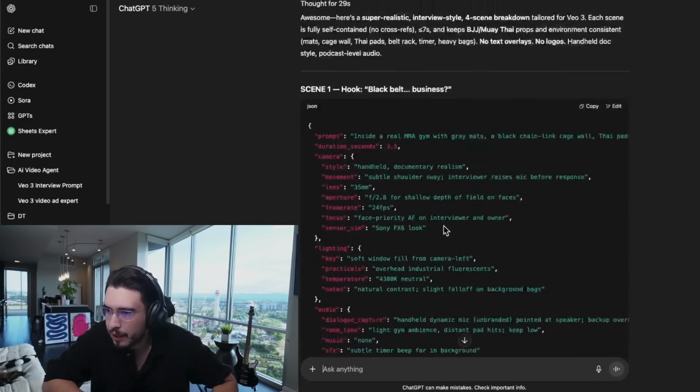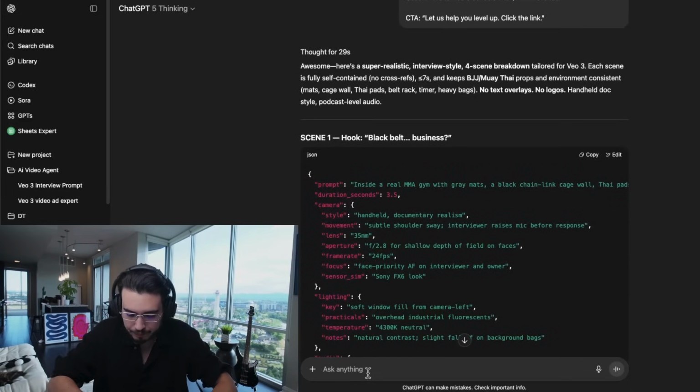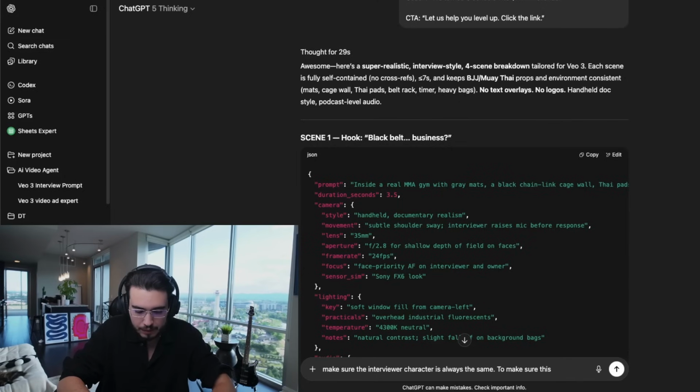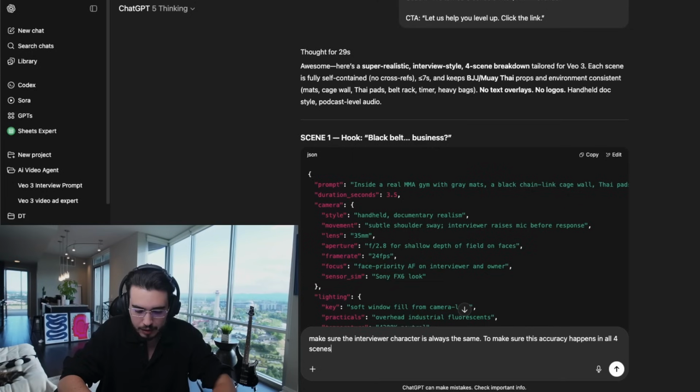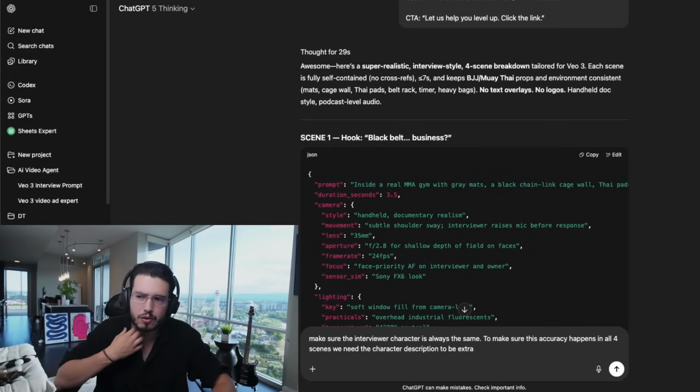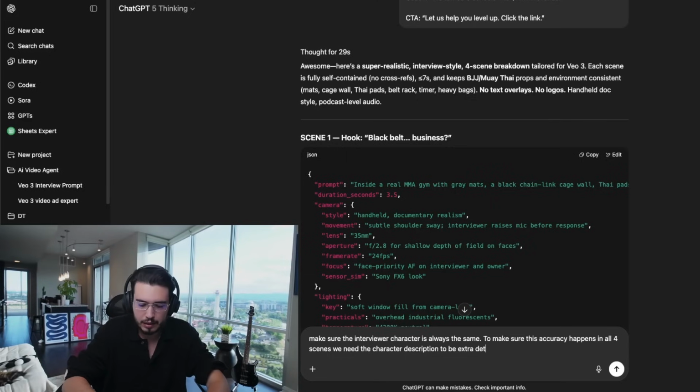Let me see, and here we could see the prompts. Make sure the interviewer character is always the same. To make sure this accuracy happens in all 4 scenes, we need the character description to be extra detailed.